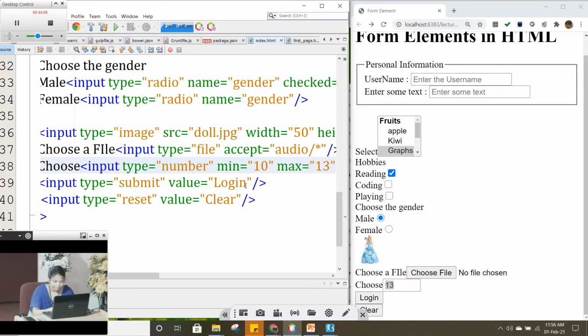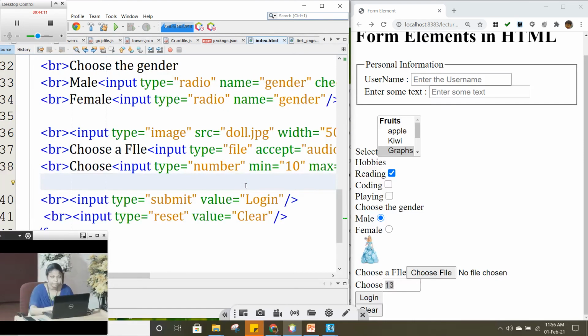And finally, I'm going to end by showing you 3 more form elements. One is meter. It is going to give some visualization about something. We want to measure something. Whenever we want to show the measurement of something, this meter tag is going to help us. Okay, so we are going to end it.